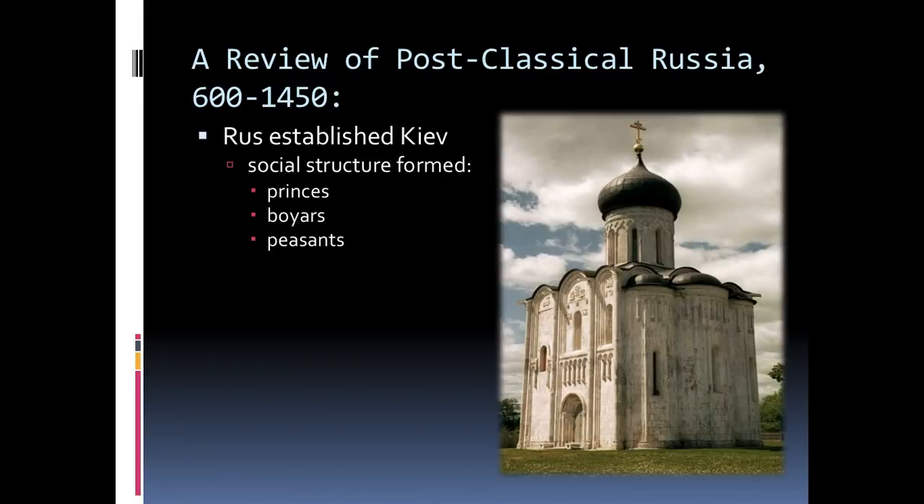Recall also that Kievan Rus had a strong trade relationship and cultural relationship with the Byzantine Empire, and as a result, Byzantine influence rubbed off on Kievan Rus. For example, we see that in the spreading of Orthodox Christianity, the use of icons in the Orthodox Church, the adoption of the Cyrillic alphabet based on the Byzantines' Greek alphabet,